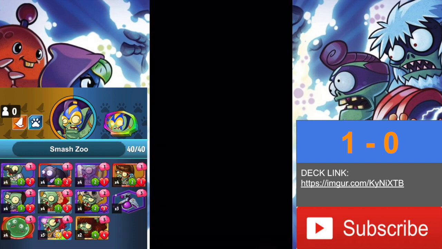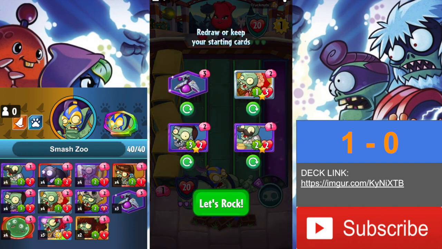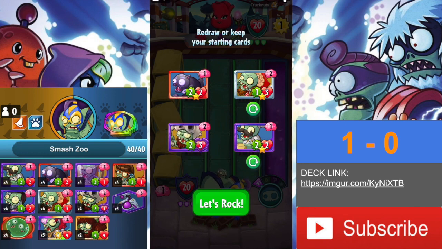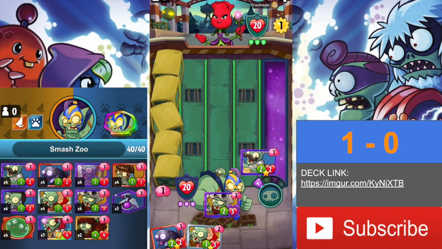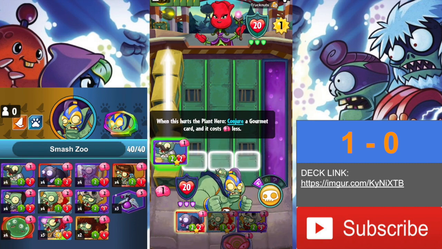Alright, we're up against a Rose. Alright, okay, Cheese Cutter, nice. This is a pretty good hand. Let's search for Going Viral though. Going Viral? No? Alright. Still good. This is still good. And again,